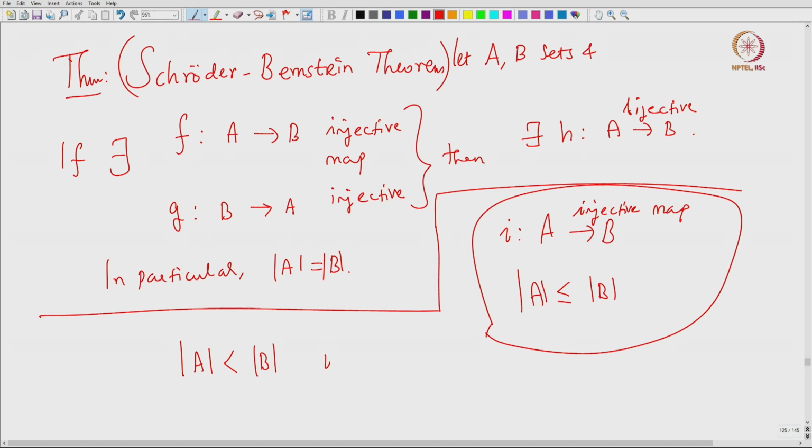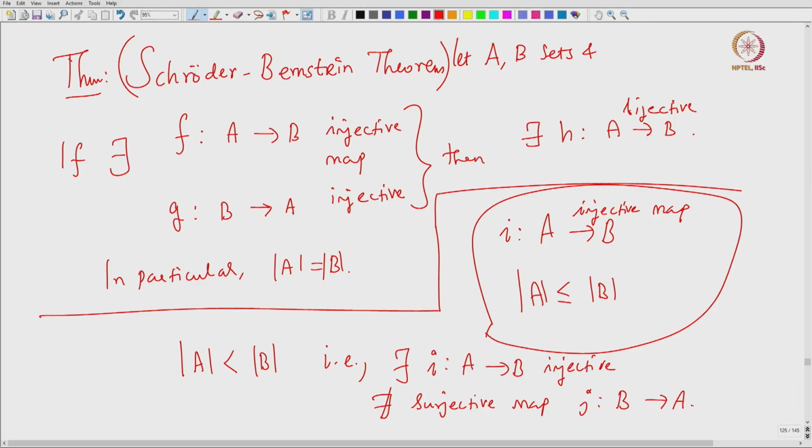That means there exists an injective function from A to B, but there is no equality happening. So, that means there is no surjective map from B to A, because both cardinalities cannot be the same. Okay, if there is a surjective map, it is not